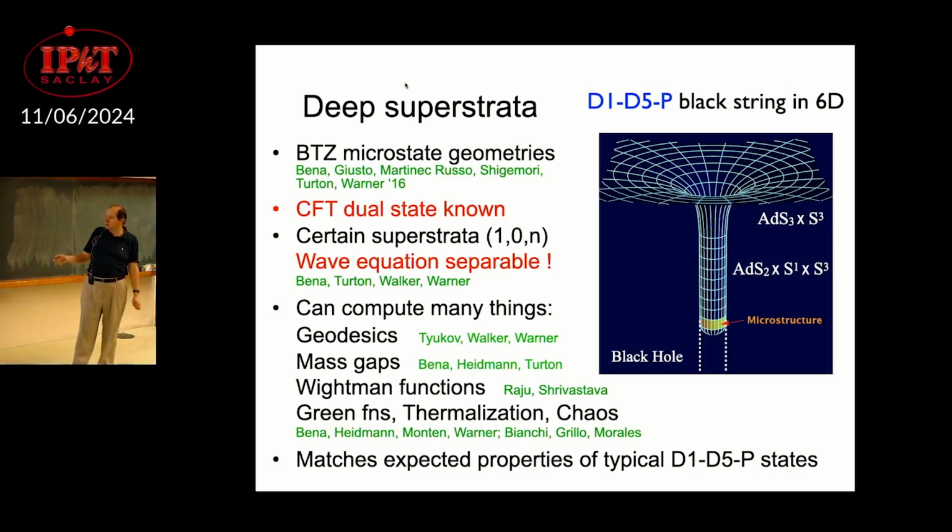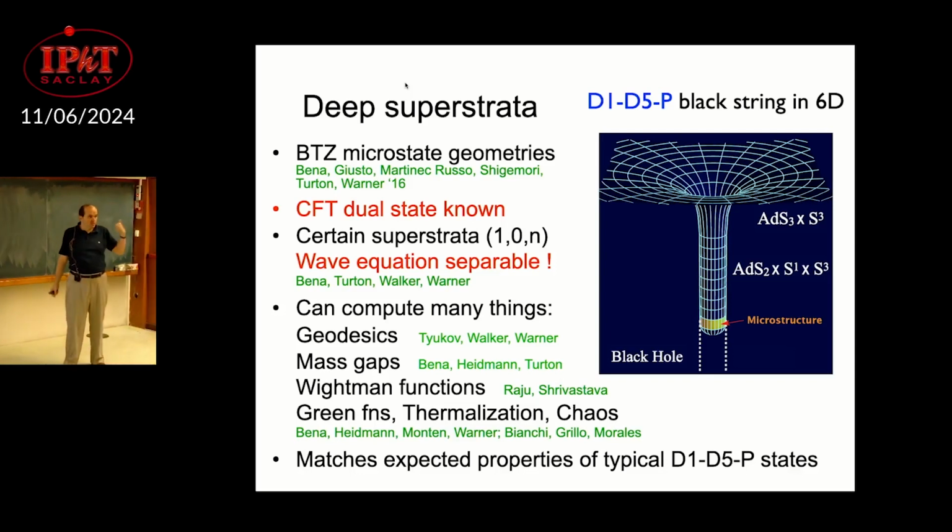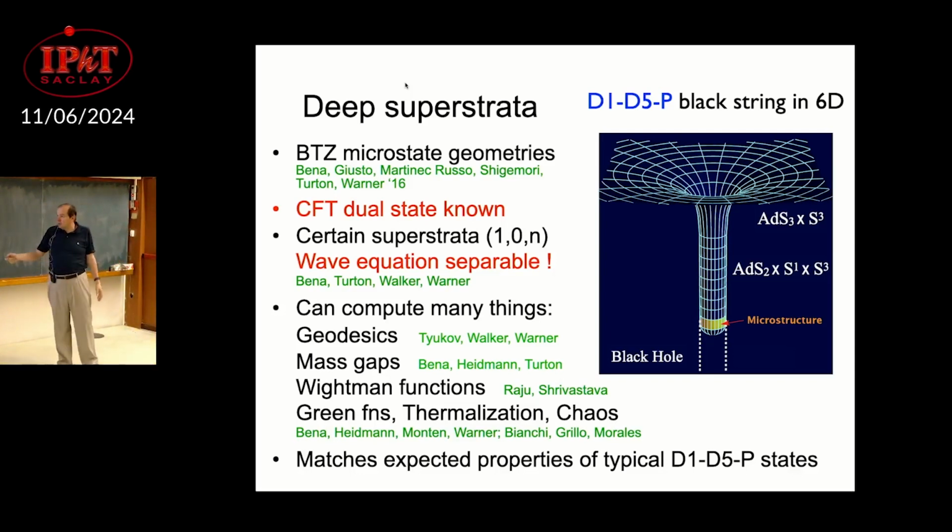For example, there's a calculation by Raju and Srivastava, called a critique of the fuzzball proposal, which computes some Wightman functions, but it computes them in the wrong regime of parameters. If you compute them in the right regime of parameters, it matches exactly what you expect for the black hole. So that paper should have been called a spectacular confirmation of the fuzzball proposal, but they looked in the wrong regime of parameters, and hasta la vista. But if you're careful in computing, you can find Green's functions, you can compute 4-point functions, two light, two heavy correlators, and so on, and you get exactly the properties you expect.